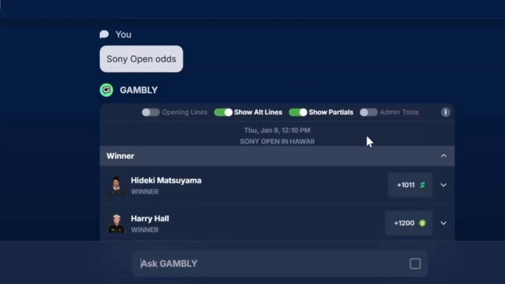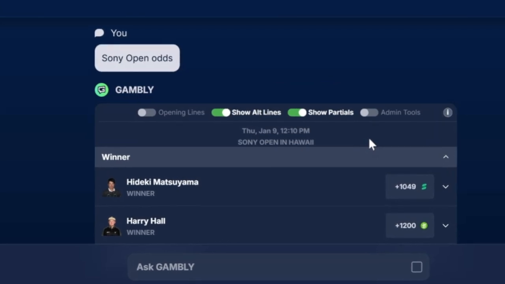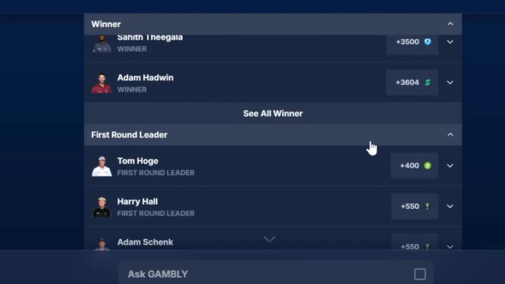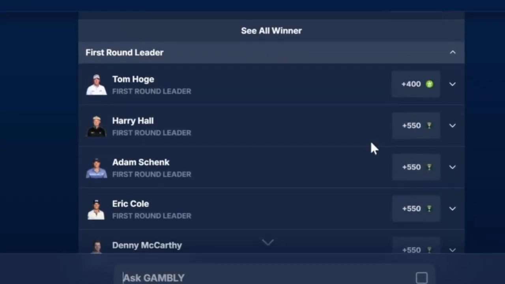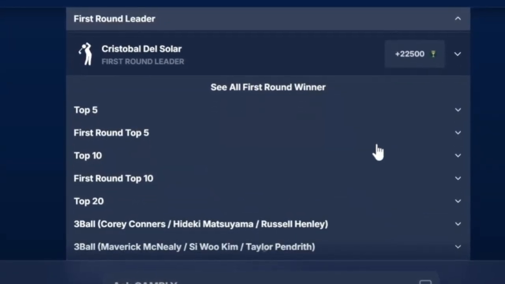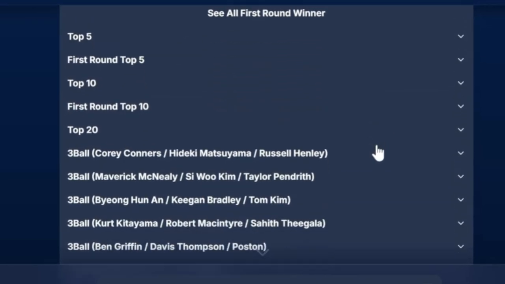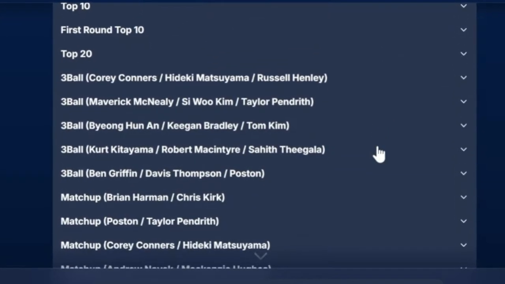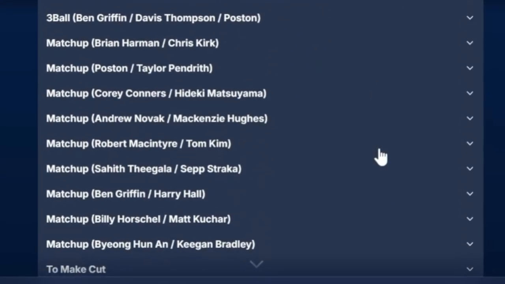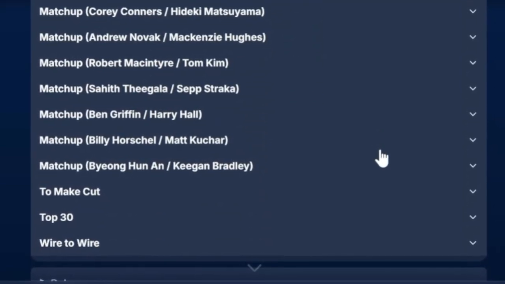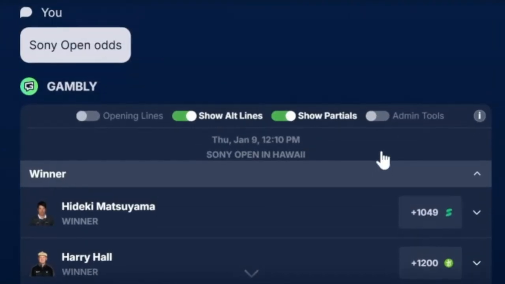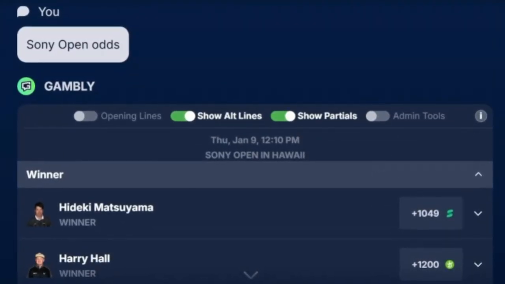And what Gambly is going to do here is return all of the available odds for the tournament. So as you can see here, it'll start with winners, then it'll move on to first round leaders. Then, of course, all of the each way bets, top 5, first round top 5, top 10, top 20, any 3-ball matchups that are out there, any regular tournament matchups that are out there, as well as to make the cut, top 30, wire to wire, and any other odds that may be available from the sportsbook that Gambly covers